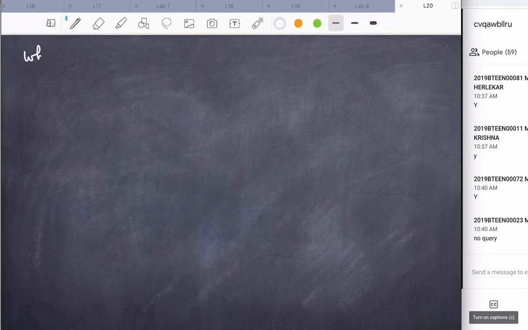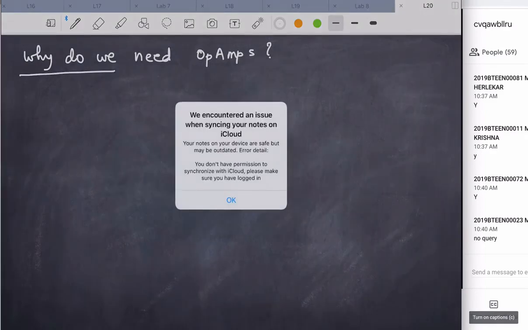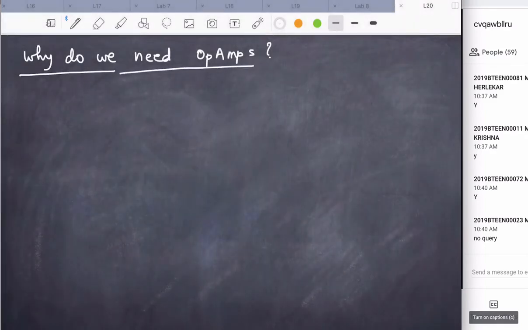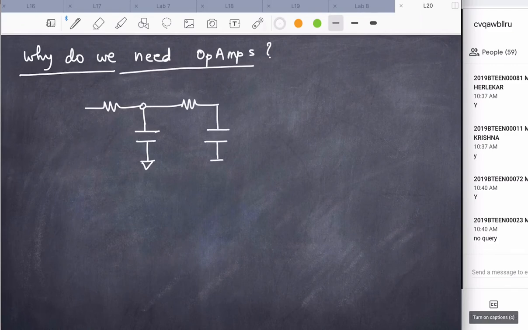So, the question is why do we need op amps in filters? So, the first thing is that when we want to increase the roll off by connecting multiple RC filters like this,